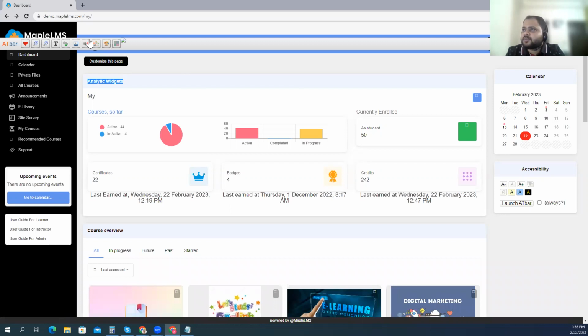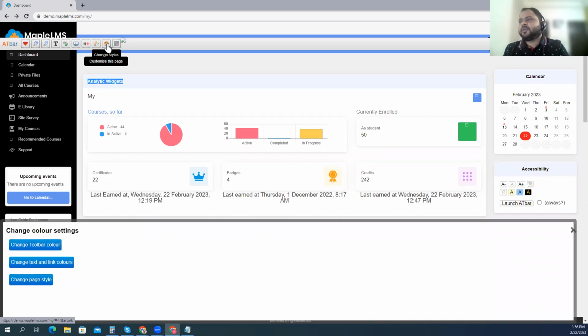Some more tools that are helpful are word prediction, predicting a word, and changing the styles of your interface. For example, if we change the style of this page, this will allow you to change the toolbar color, change the text and link color, and also change the page style.